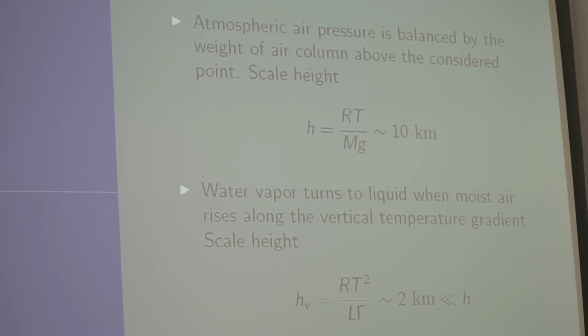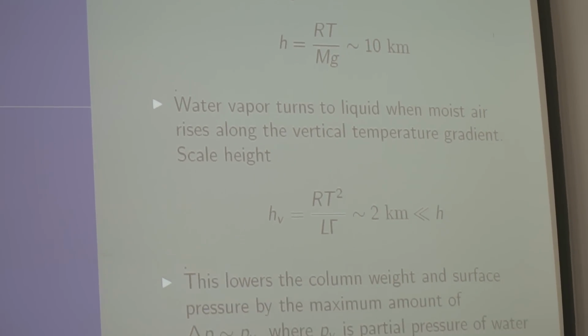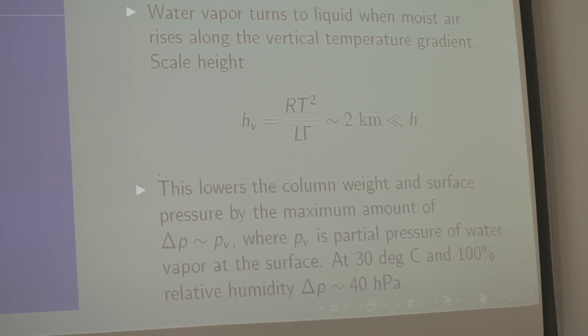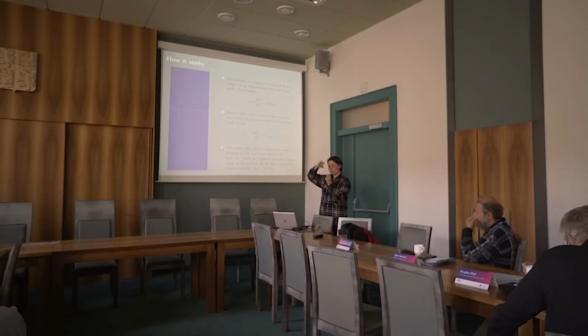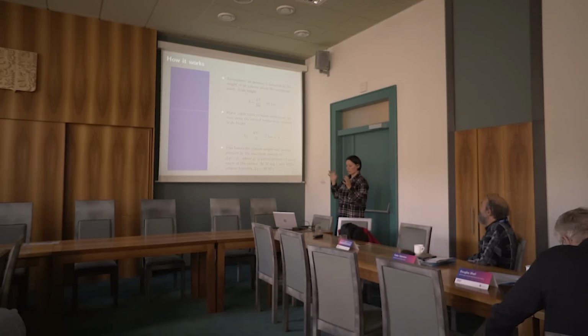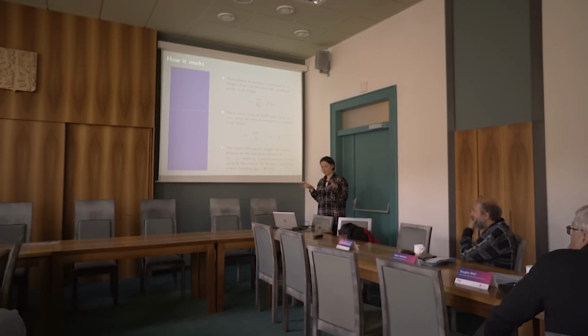So we have these two different scales, and due to this, when the moist air rises and moisture condenses, we obtain a vertical pressure gradient due to the disappearance of the water vapor, and it is these gradients that pull the air upward and drive the circulation. And why our work received considerable traction in the literature and raised interest is that we not just